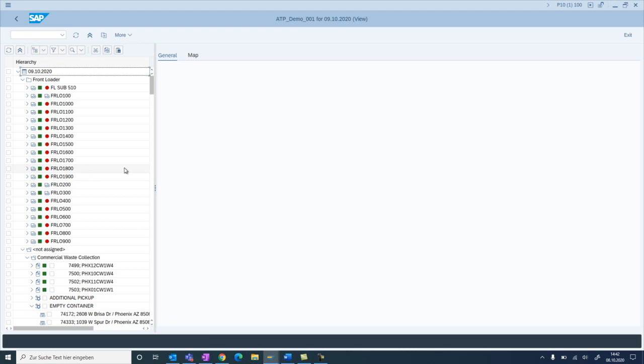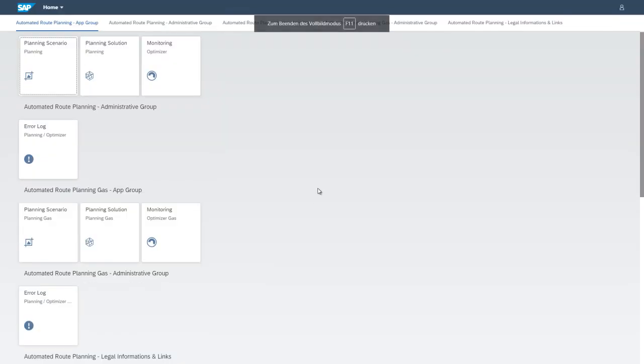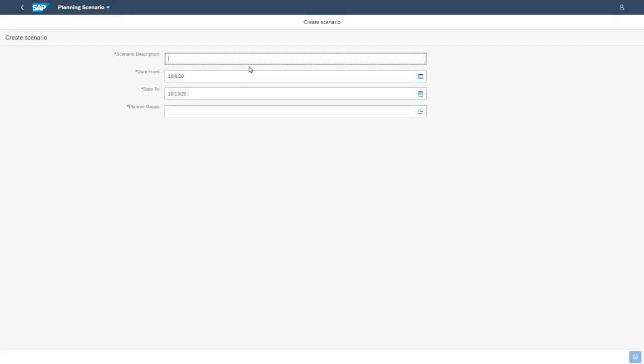However, that takes quite a time, quite some effort, and also to have that all in an optimized way takes quite some time. That's why I want to show you now how you also can do that in an automated way. Opening the automated route planning by Prologa, setting up a scenario in there which we call demo for that specific day where we have the orders which need to be dispatched.